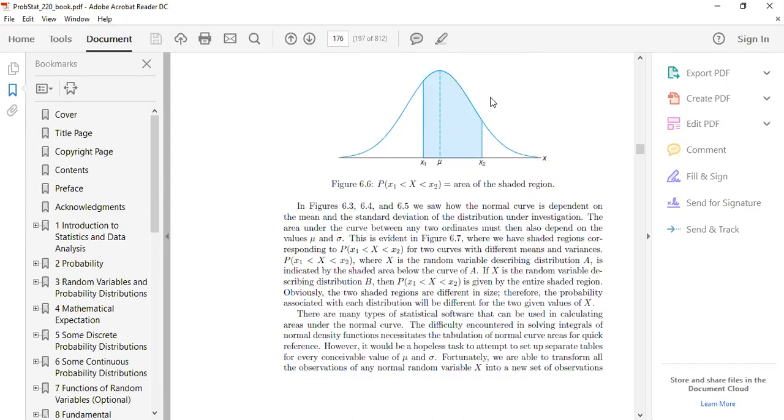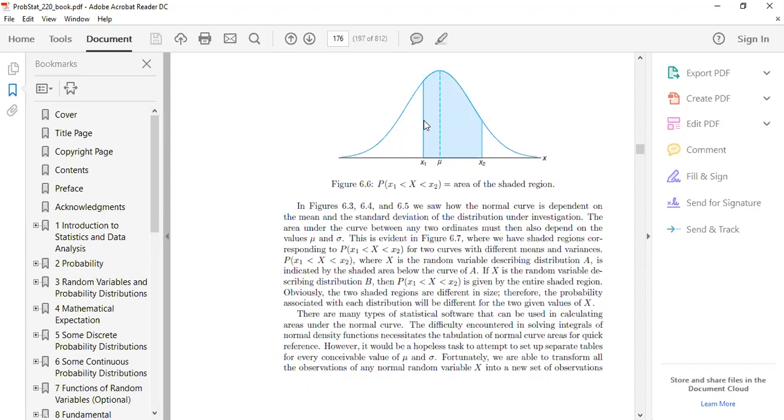Full is always one, you know this thing. The difficulty encountered in solving integrals of normal density functions necessitates the tabulation of the normal curve for quick reference. However, that's why it is not always possible to set up separate tables for every conceivable value of nu and lambda. Fortunately, we are able to transform all the observations of any normal random variable x into